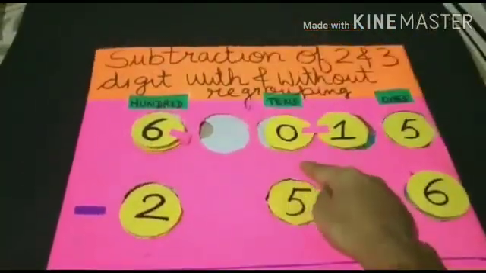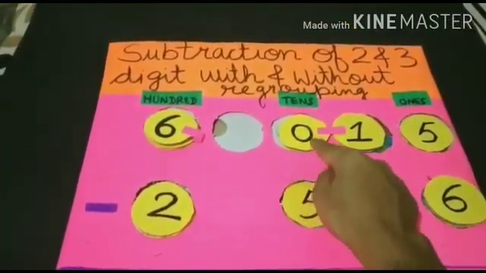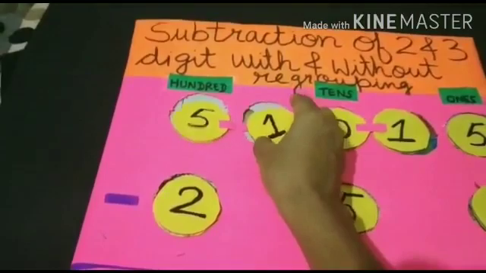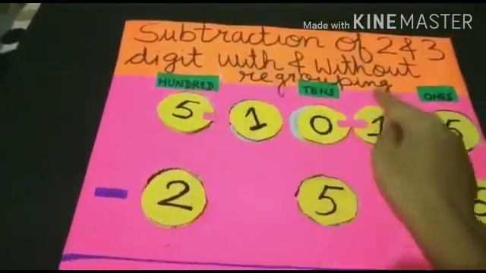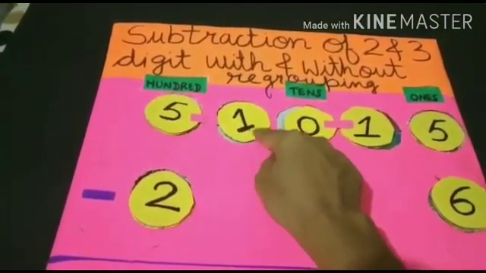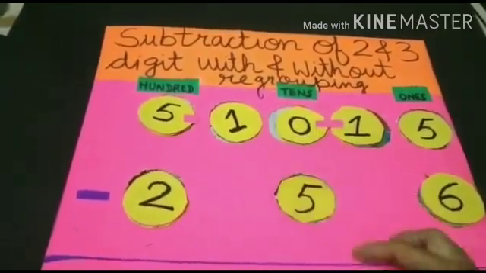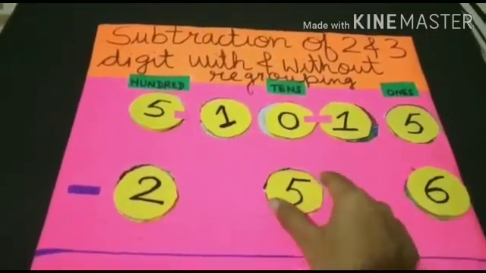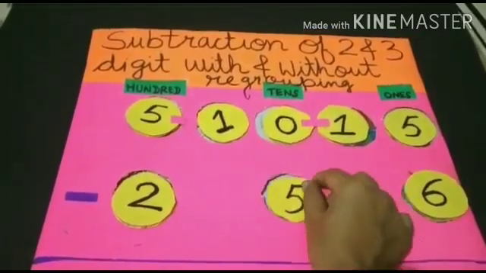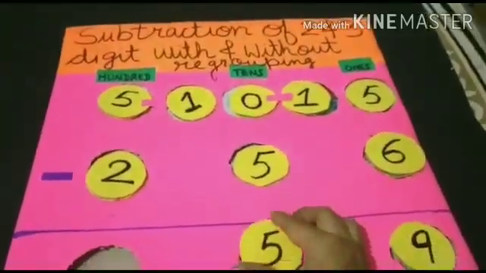Now here we have 0. We can't subtract 5 from 0. So again, if the tens place value is also lesser, we will borrow from the 100 place value. We cannot borrow 100 for the tens place value because it will be bigger. So we will borrow 1 hundred, and the tens will become 10. Now it is very easy to find the difference. From 5 we will count after 5: 6, 7, 8, 9, 10. So our answer for the tens place value is 5 only.